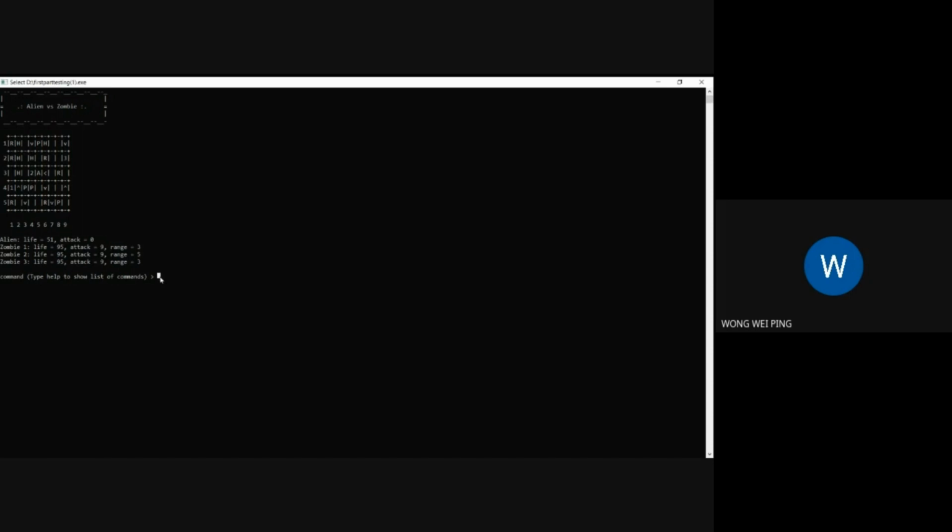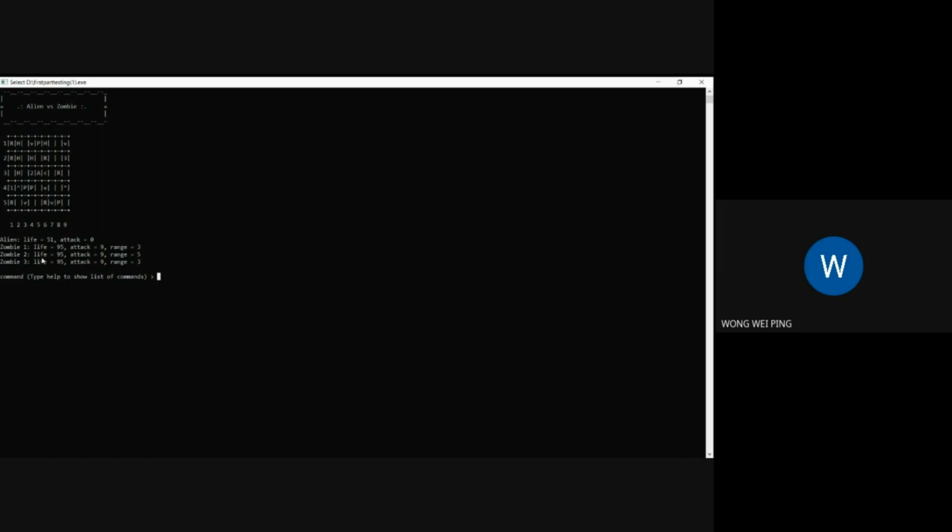Hi everyone. Now I will start to explain about the Alien vs Zombie game board. You can see that we have 5 rows and 9 columns. Inside the game board, we can see the rock, the health object, the arrow and the pod, and the alien in the middle of the game board and the 3 zombies in a random distribution of the